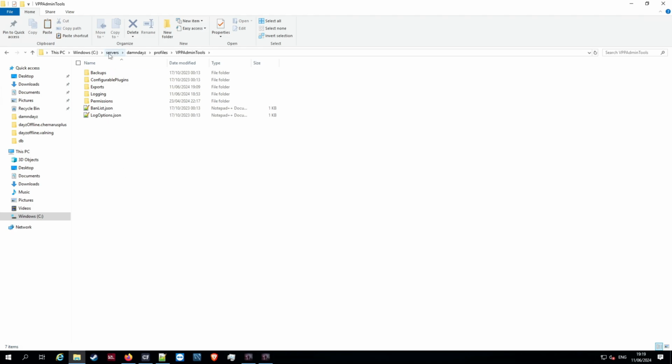Go into that. Inside there's a configurable plugins folder. Go into that. And then at the top, there's a build and set manager folder. Go into that. Right, once you're there, we've got the file that we've just exported, and it's a VPP file. Now, you're going to need to get this file and put it inside your editor mission folder, basically, because we're